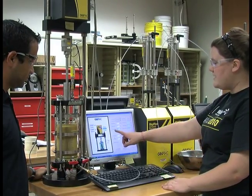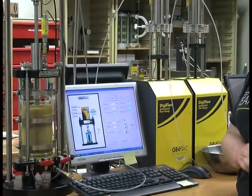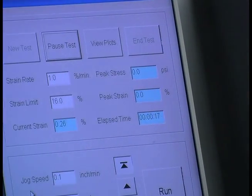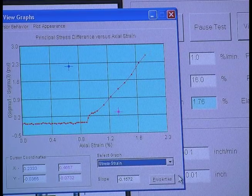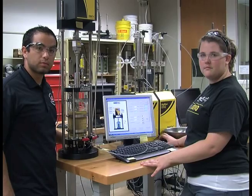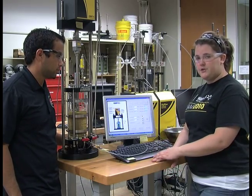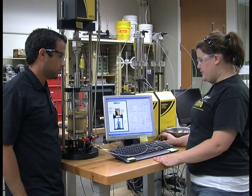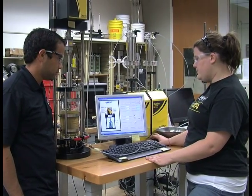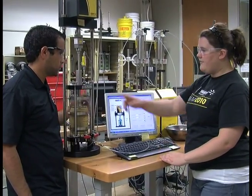Once the current strain reaches the strain limit of 16% in this case, the test will be done. When conducting, the test is run at 1% per minute of strain. Once the strain limit has been reached, the test will then close out the graphs and prompt you to click the End Test button. First, before clicking the End Test button, you lock off the piston,